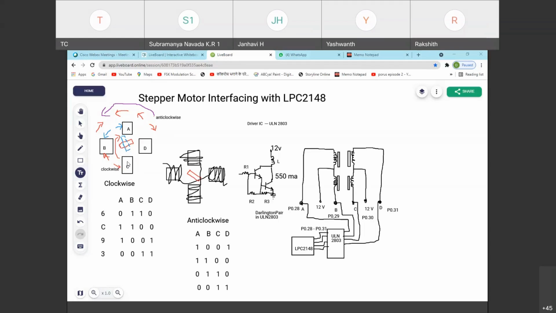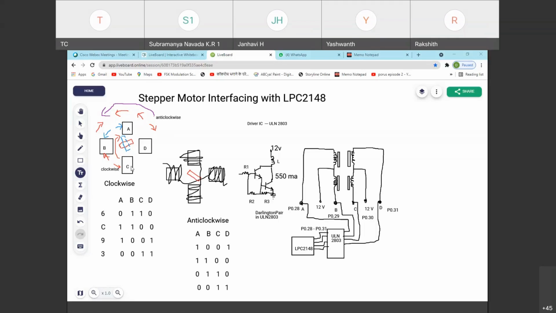stator windings? If I give the 6 clockwise combination, you observe, first I'll give 6. It means B and C I am energizing, and A and D I am providing 0, 0. So BC is energized first. The red stator, you see, is pointing in this direction. Now the direction of red I have shown upwards, because next I will put C. If I put the value C, it means AB I will energize, CD 0 0.